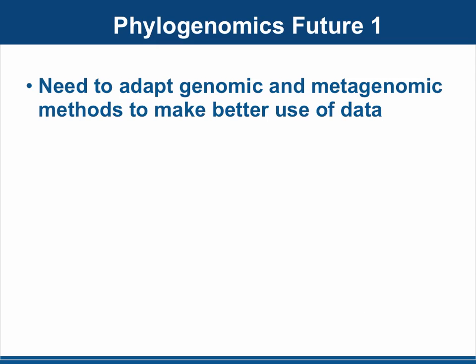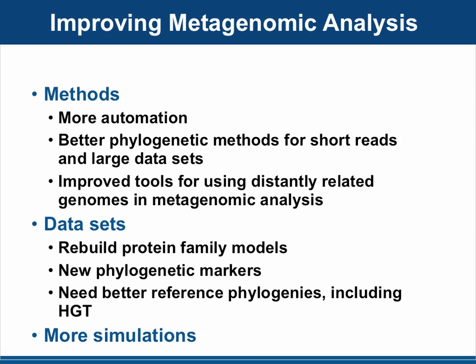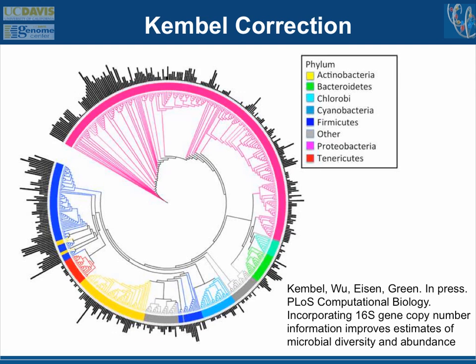So I think the first reason why is that the methods that we were using to analyze genomic and metagenomic data were not really attuned to having lots of genomes or having phylogenetically diverse genomes. So we need to make better use of the data. I could discuss all sorts of things that we need, but we need improvement in the methods, improvement in the data sets, more simulations to figure out which methods are appropriate to use given that you have phylogenetic sampling. And we've done a lot of this in my lab or in collaborations